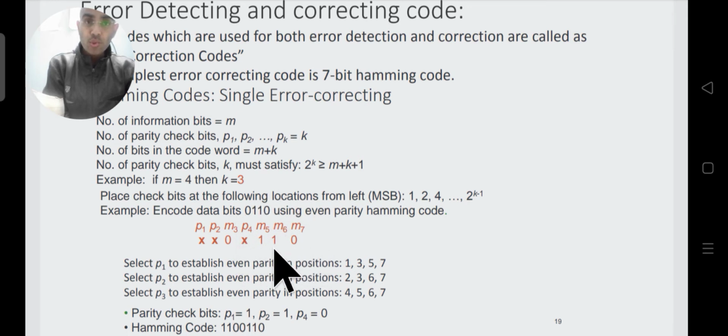Choosing this group, we will have only one parity bit. We have taken it in increasing order, starting from the MSB. So 4, 5, 6, 7. Here 5 and 6 already have ones. So to make an even parity, x should be equal to 0. So the value of P4 will be equal to 0.